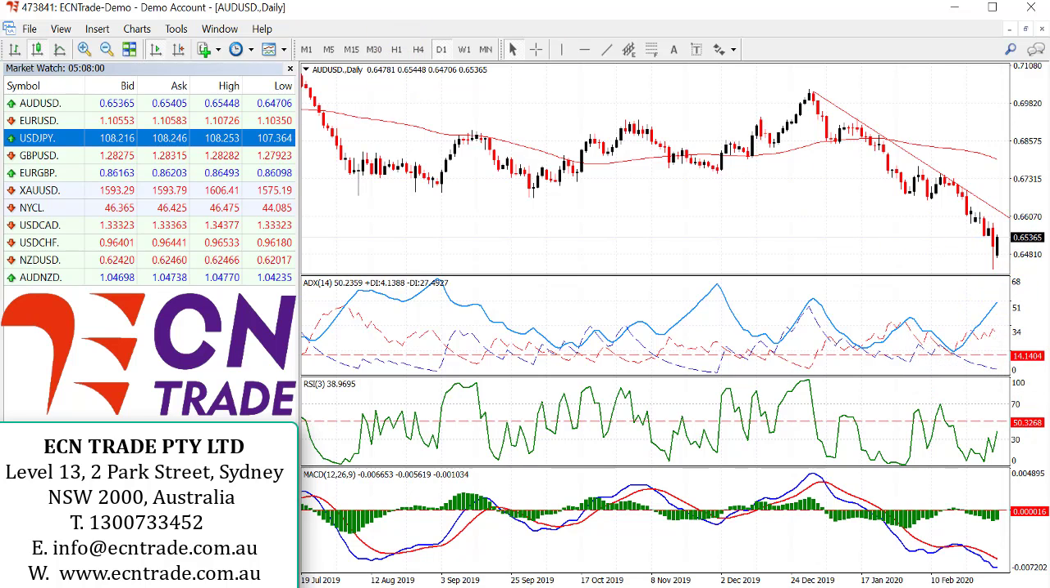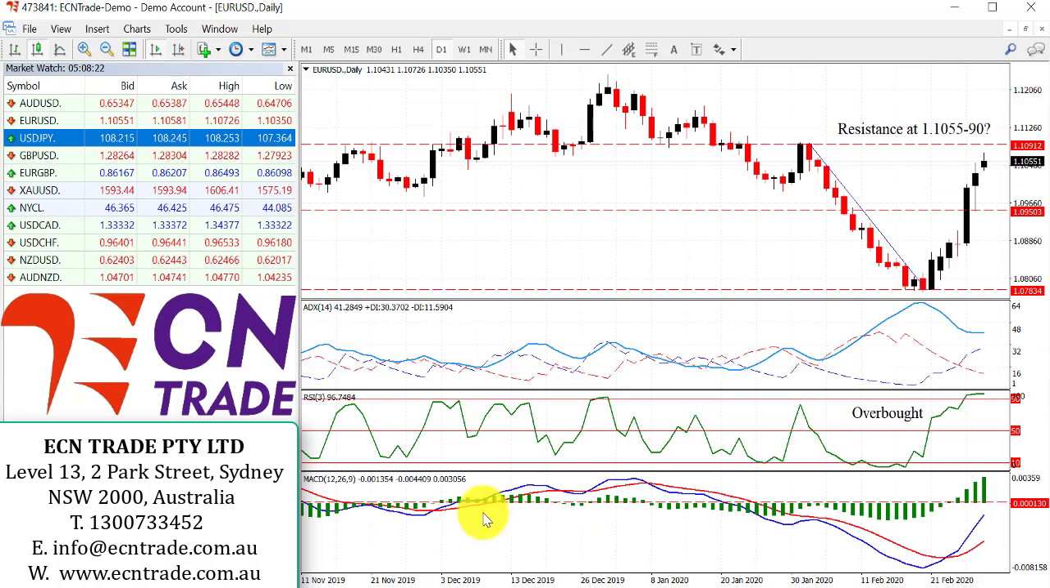All eyes turn to the RBA tomorrow, and we could see a rate cut from 0.75% down to 0.5% due to the situation of the coronavirus. There has also been talk in the US as well, which I'll get to in a moment, of a rate cut. Looking at the euro dollar, the market accelerated further to the upside